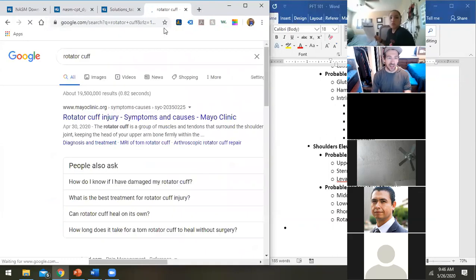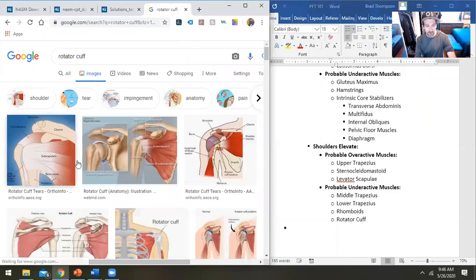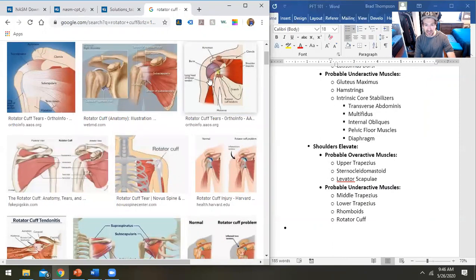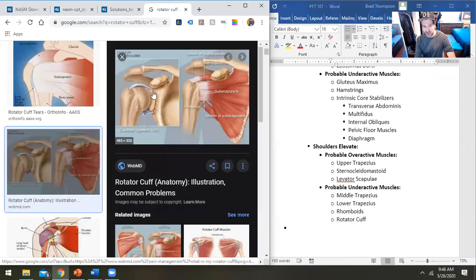Let's look at all these little individual muscles here. You got to remember, this is providing stability inside of your glenohumeral joint, right? So if we look at this, this is your glenoid cavity. It's this little gap that your scapula has here that perfectly fits a ball-shaped bone, and that ball-shaped bone happens to be the head of your humerus, right? So this is your glenohumeral joint, and you can see here's your supraspinatus,